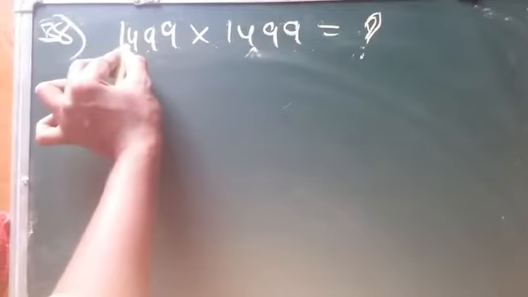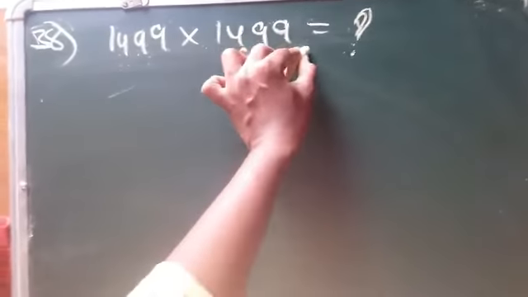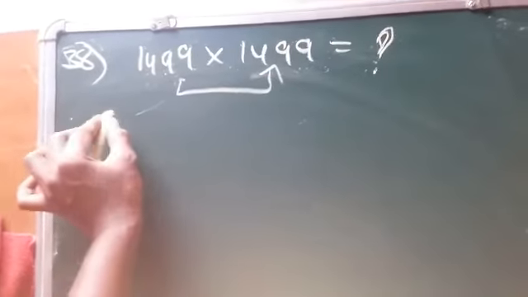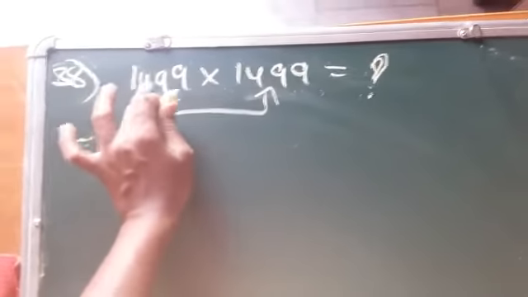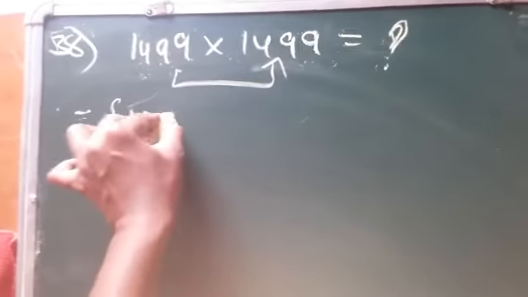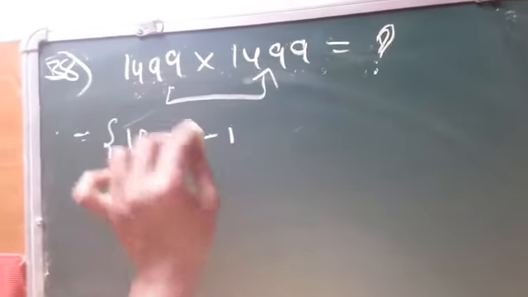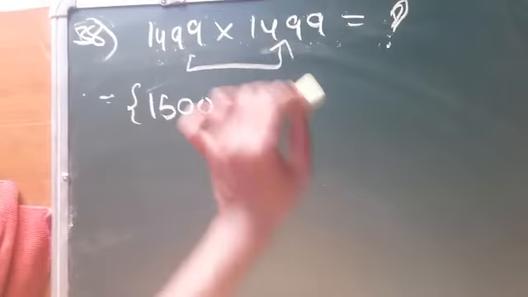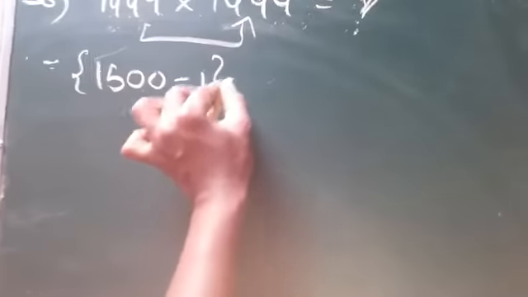See the next question. 1499 into 1499. Here both multiplicands are the same. And observe here the multiplicand 1499. Can we write 1499 as 1500 minus 1? Yes. 1500 minus 1 is how much? 1499. So if you replace 1499 with 1500 minus 1,